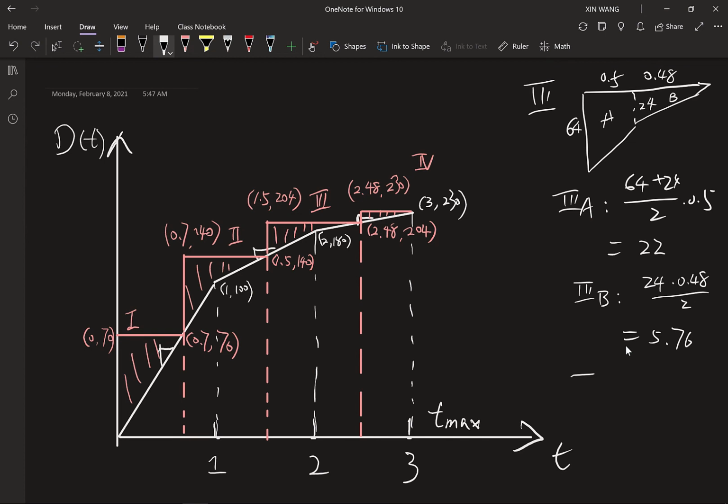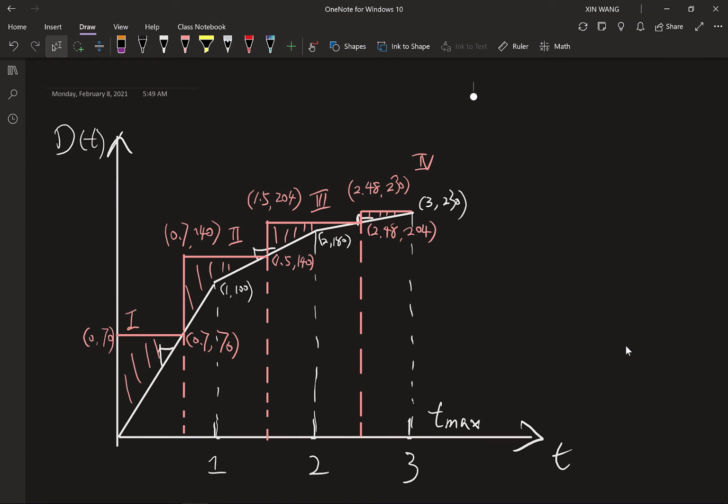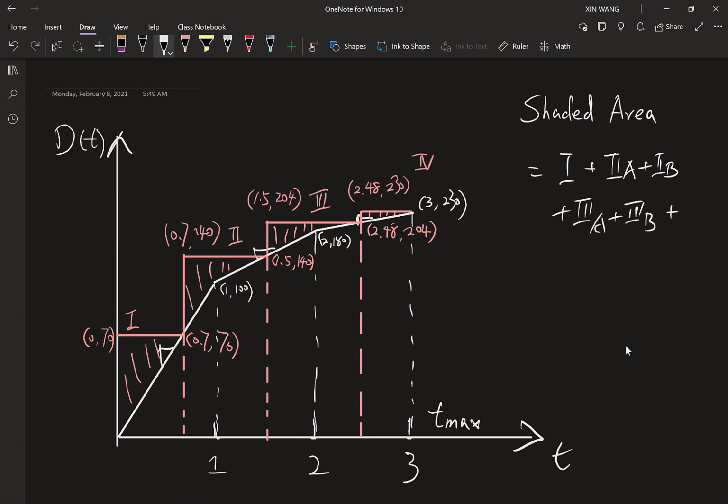And then for the last triangle, it's a pure triangle. And then we can get the edges 26 and 0.52. So this gives us the area to be 6.76. Therefore, if we add the total area, so this shaded area be 1 plus 2a plus 2b plus 3a plus 3b plus 4. This equals to